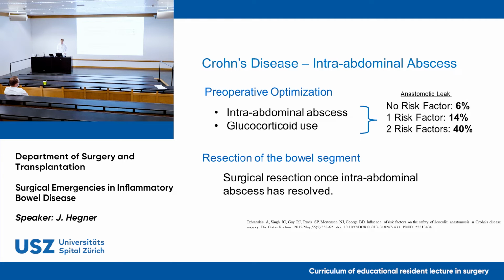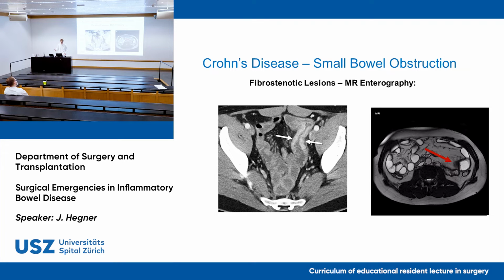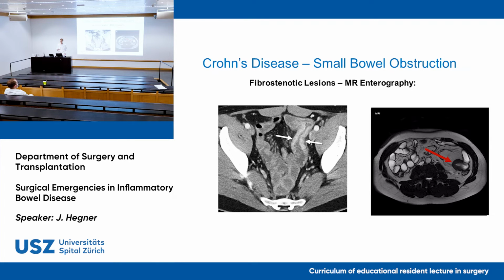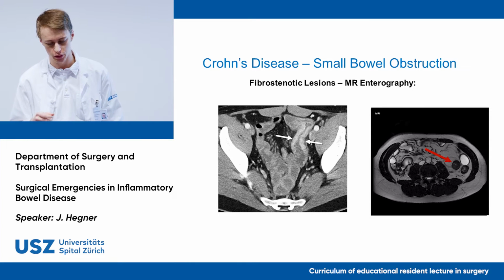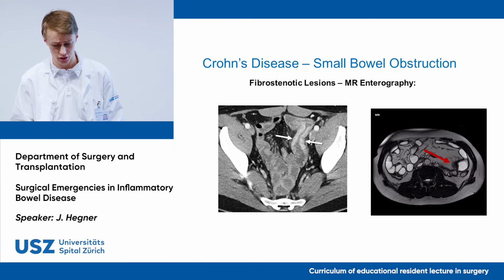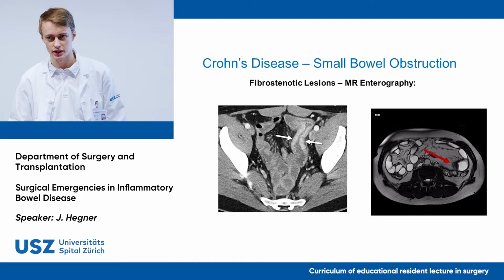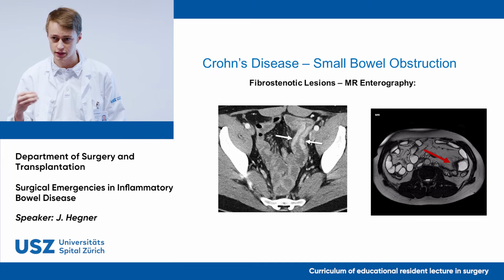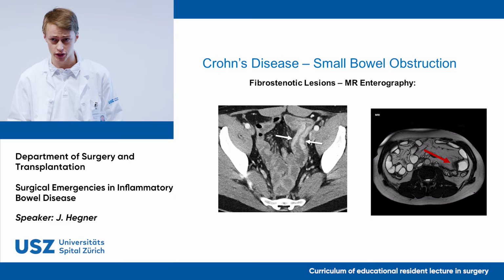Moving on from the abscess, I just want to cover small bowel obstruction. So in the context of a chronic inflammation, patients will develop fibrostenotic lesions. The most ideal imaging is to visualize it through MRI. This will avoid any radiation and has a high level of accuracy. However, sometimes, or most times actually, in the emergency department, an MRI isn't as available, so a CT scan will suffice. It has similar specificity and sensitivity to an MRI scan, but it just comes with the added radiation dose.